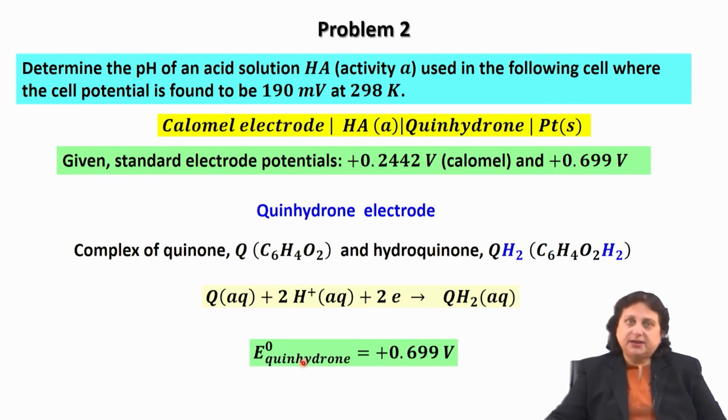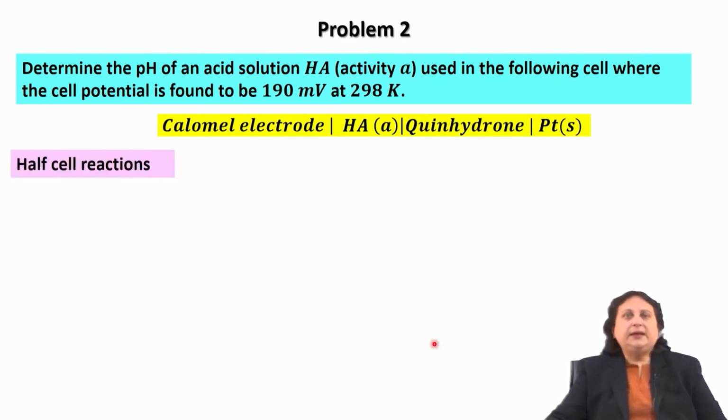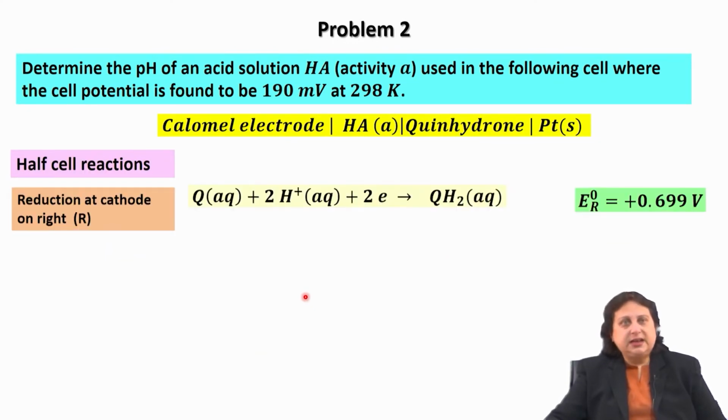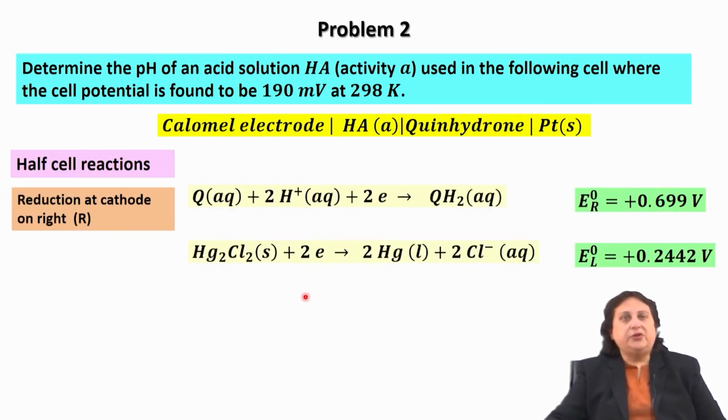And the standard reduction potential of this electrode is given by plus 0.699 volt. Okay? So, going back then, I can compile the half cell reactions like this by writing down reduction at cathode. So, this is the half cell reaction corresponding to E naught R that is equal to plus 0.699 volt, and